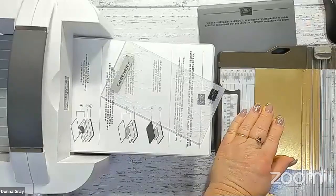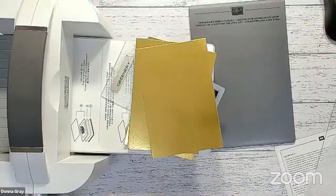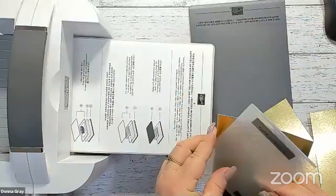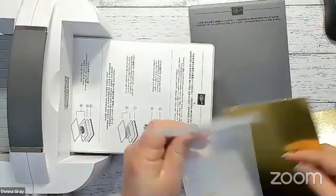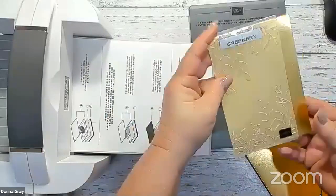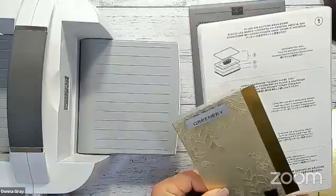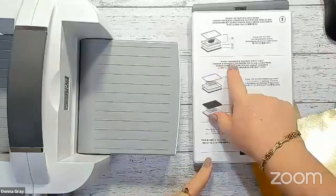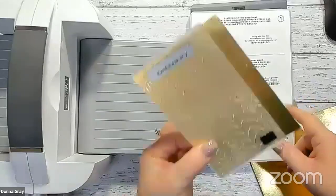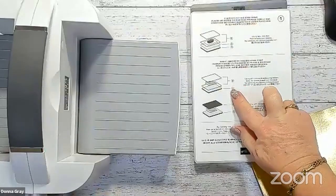Okay, so we've got 3 different embossing folders that we can use. The first one I'm going to use is this Greenery embossing folder. I'm going to pop my cardstock in there and pop that down. Now, this is one of the thin ones, remember? So let's read on this again. Insert embossing folders hinge first. Because we have a thin one, used with standard embossing folders, so this is what they call a standard embossing folder, we're going to use plate number 1,